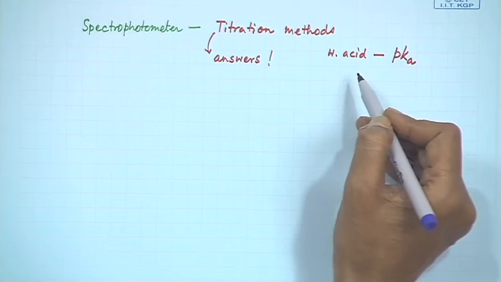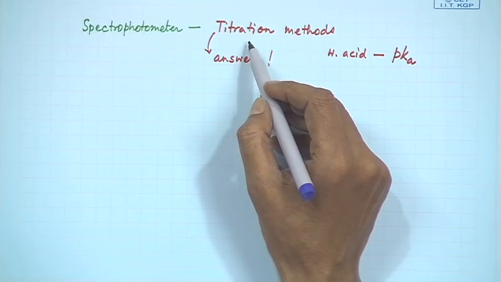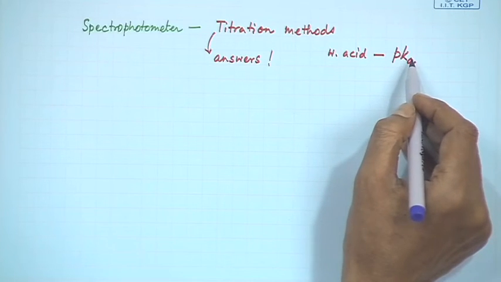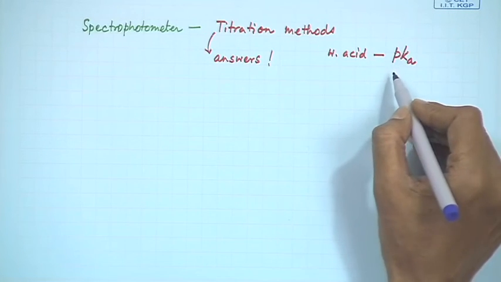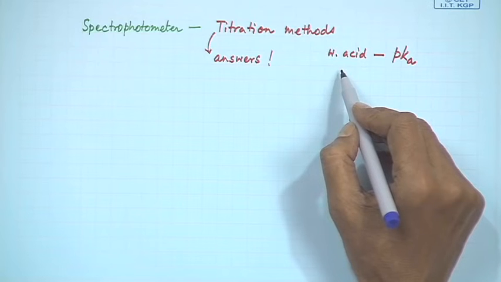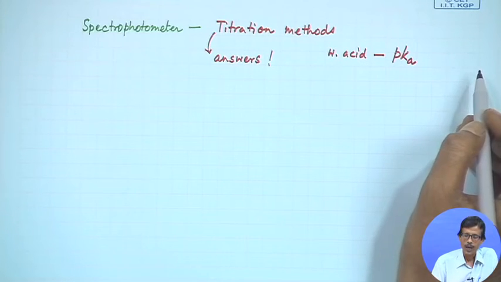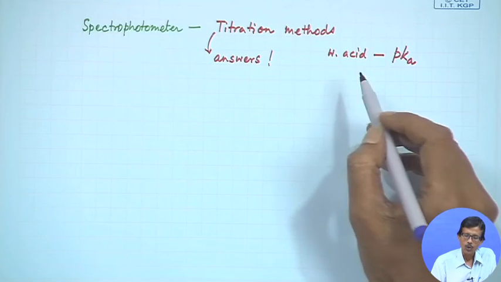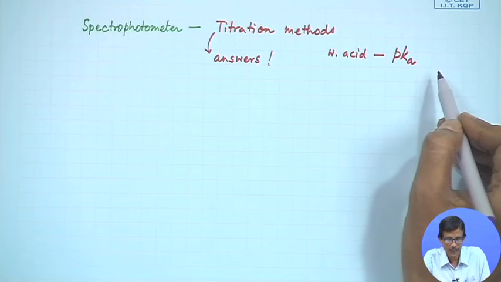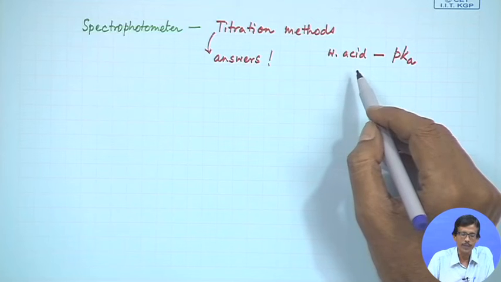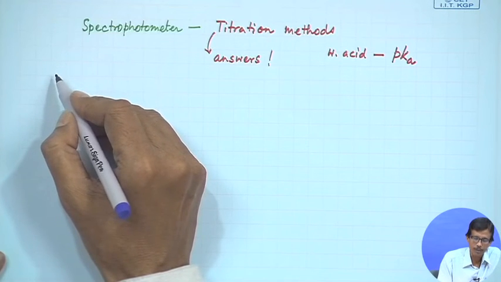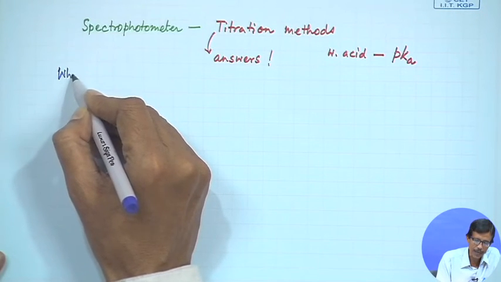That means the weak acid is your acetic acid. How can a titration give you a result for the corresponding strength of the weak acid or the pK value of that particular weak acid using the Henderson-Hasselbalch equation, at which particular pH range it can remain in the acidic form or in the basic form, and how these two forms, that means the two corresponding equilibrium concentrations of the free acid as well as its corresponding anion, can control the overall pH value of the medium, that we will see.